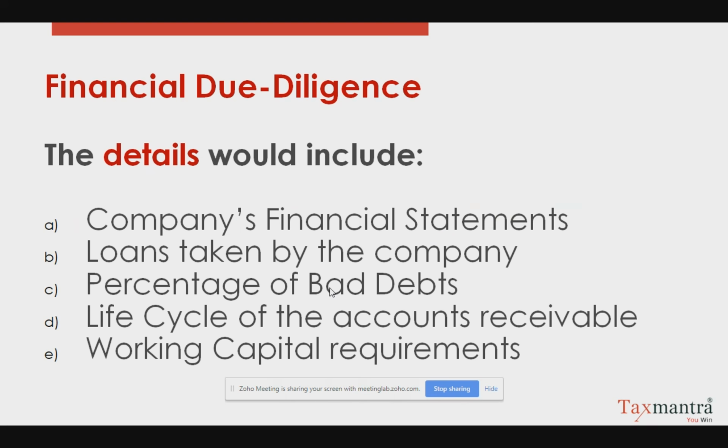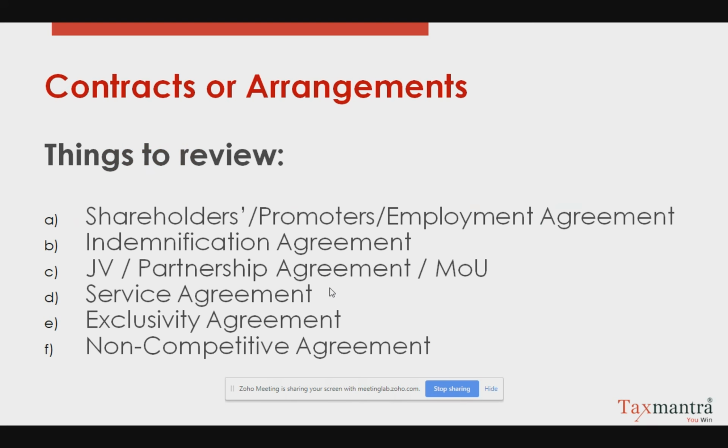The second one is any contracts or arrangements. So what is really covered in contracts or arrangements? Shareholders, promoters or employment agreements. This is very important. The company might have started 3 years back, and there might have been some initial investments from friends or family. There might have been some change in the promoters who have come in, and they might have signed a particular agreement amongst themselves. So the investor should go through a thorough check on these kinds of agreements, the shareholders, promoters,